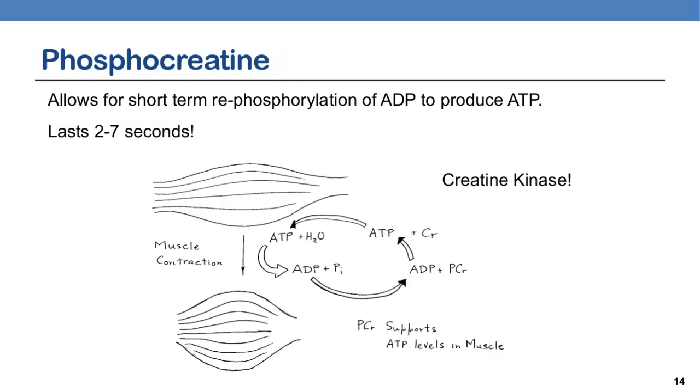So if we want to make ATP, we're going to go through oxidative phosphorylation, where you go through the citric acid cycle and electron transport chain in order to make ATP. But if you need a quick burst of ATP, you can use phosphocreatine. So in order to make ATP from a molecule, this has to be a higher energy molecule than ATP, which